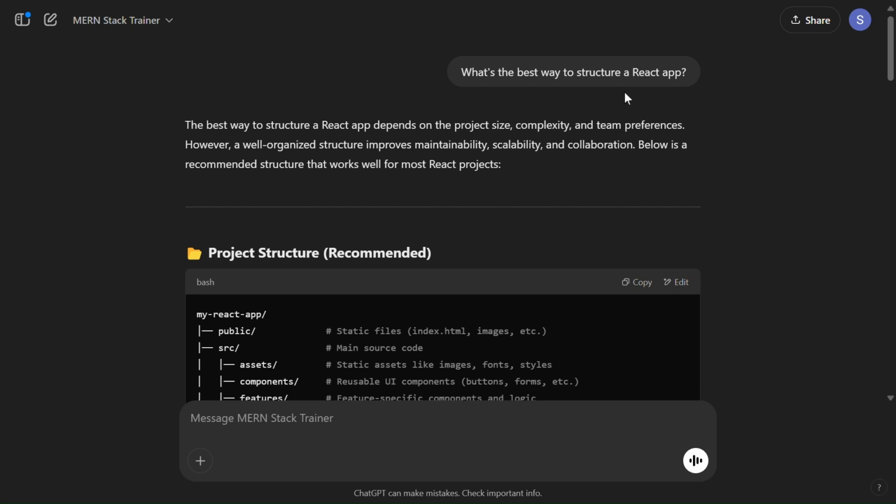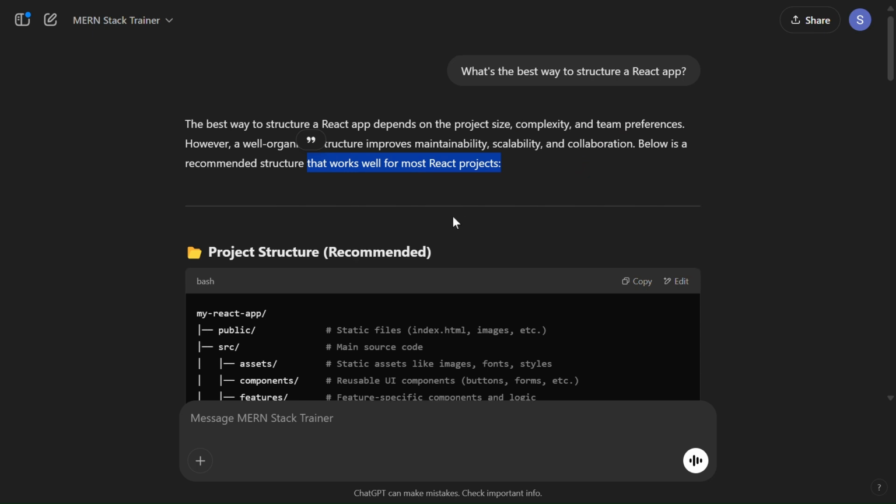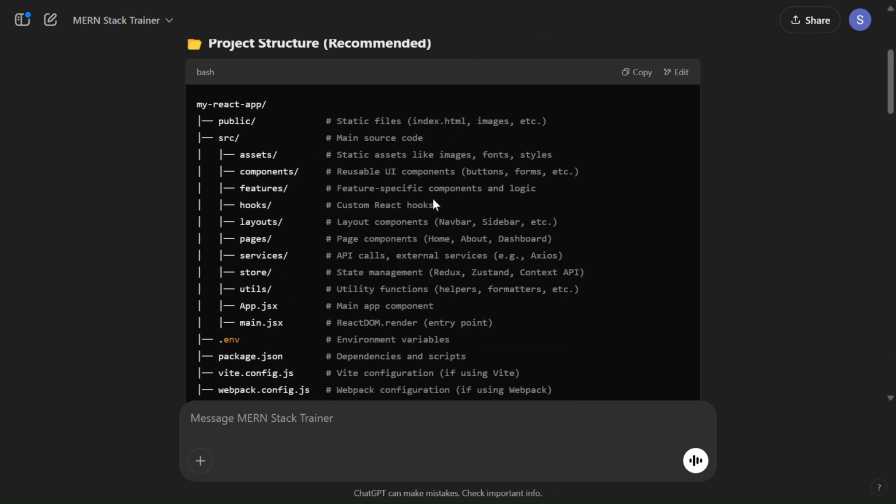The reply it has given is that the best way to structure a React app depends on our project size, complexity of the project and team preferences. However, a well-organized structure improves the maintainability of the code, scalability, you can scale in future, and collaboration also. So it has recommended a structure that may work well for most projects. So the recommended structure is something like this,